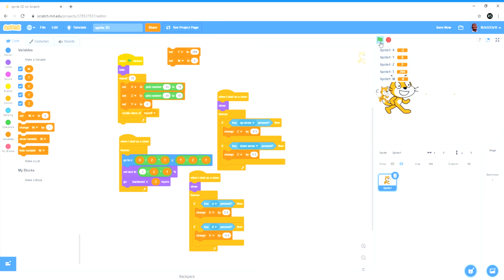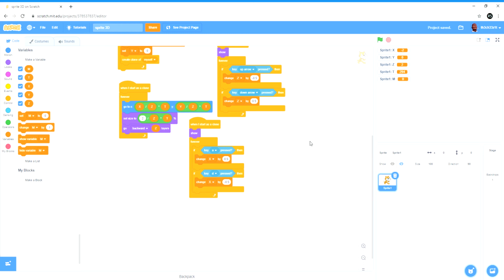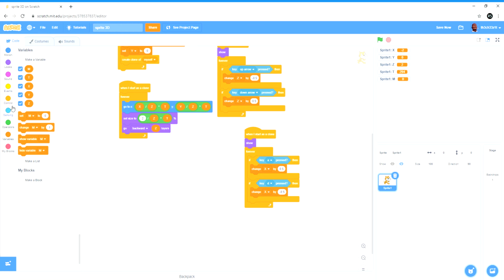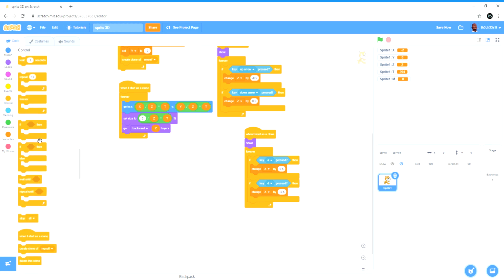So we've got our forward and backwards and side to side movement. But we can't turn, can we? Yep. So let's do that. This is going to be the confusing part. This is going to be the harder part. So when I start as a clone, forever,